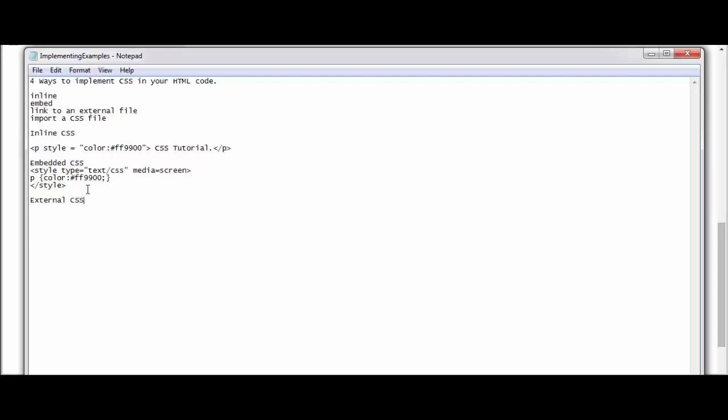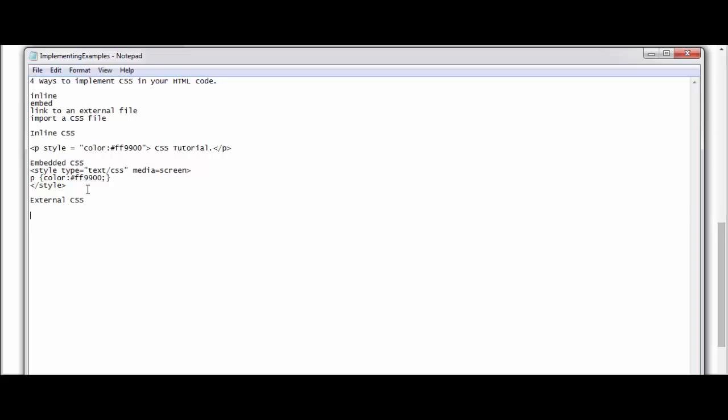An external style sheet is a separate file where you can declare all the styles that you want to use throughout your website. When you link the external file with your current existing HTML page, you only link it in one page. For example, supposing you have a file like this,